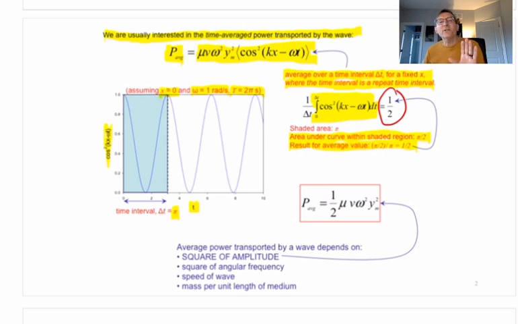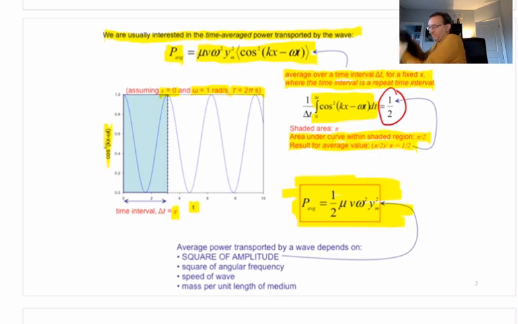You will hear physicists and engineers saying that all the time, or just using it all the time. Oh, that's just cosine squared, its average is 1/2. Oh, that's just sine squared, its average is 1/2. That's a nice, simple result. So when we put that in for the average value of the cosine squared, we get this result in the box, which is the thing I want us to be able to use. It is actually a rather famous result when you study waves. And waves happen a lot in nature. And it's the average power associated with a traveling wave. Technically, it's a sinusoidal traveling wave. And it is 1/2,